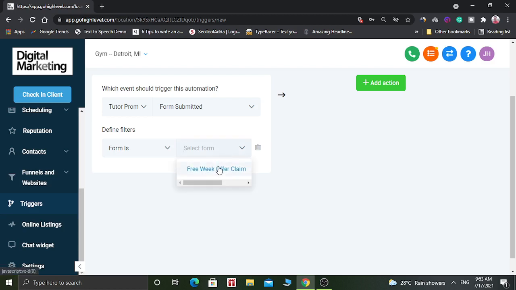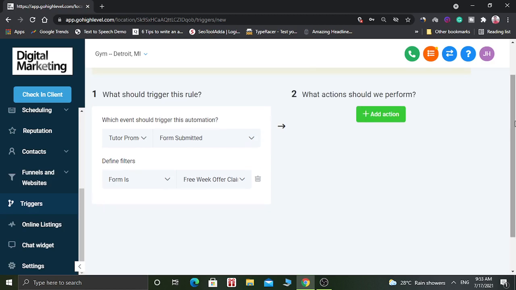So you have to select which form it will work on. Whenever any person submits their details through the selected form, then this will happen. Now we have to see what will happen when this condition applies. So the second is what actions we should perform.